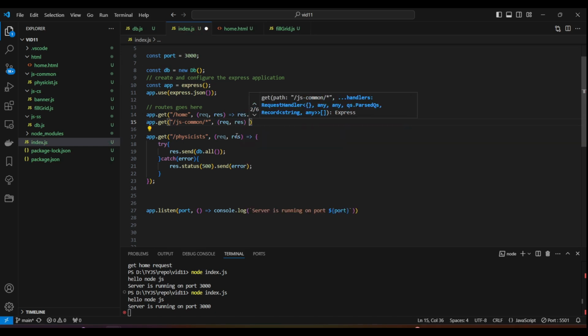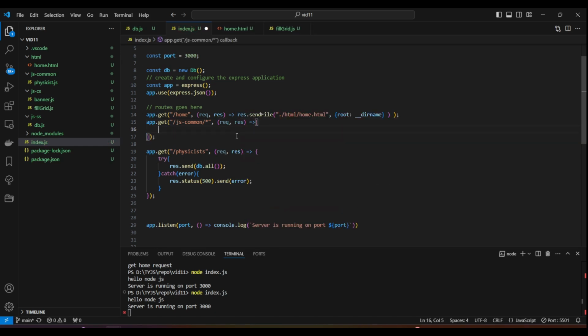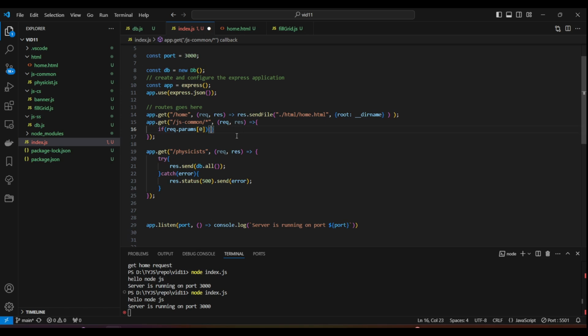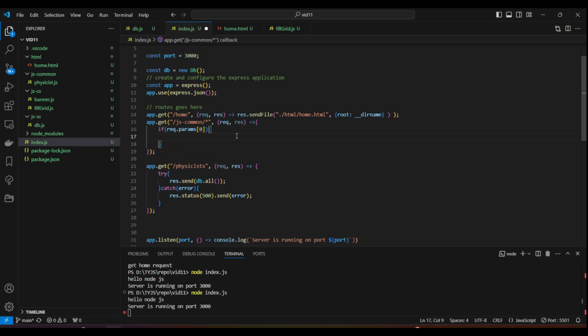Let me write it in the arrow style. And the name of the file will be the first parameter in the request. So let's check for that using if. Then we will check the request params. So those are the parameters. We look at the first parameter, so at index 0. And if that's not undefined, so if there is a parameter here, we want to send the corresponding file. So we will use